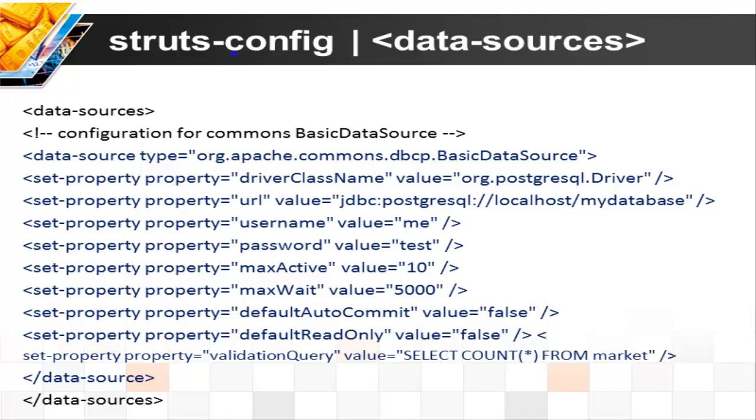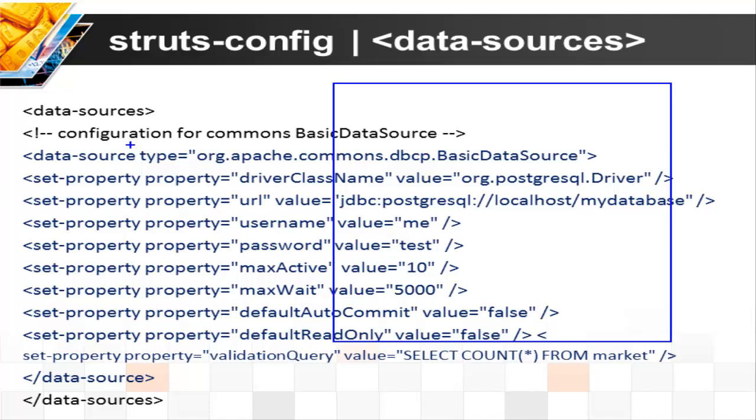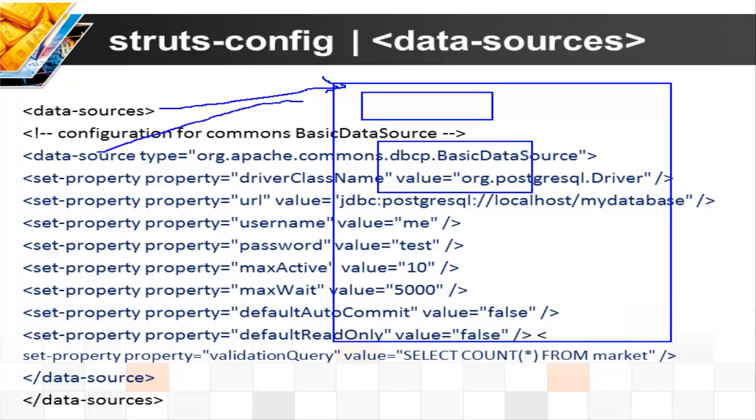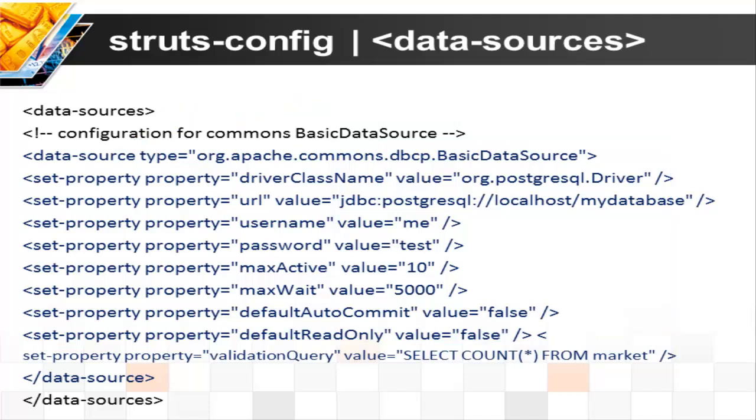So you can imagine the entire thing is data sources, full-fledged. Inside this, you have many data sources. You can have any number of them. One of them is typically shown here. If you want to place one more data source, you have to create a data source tag and close it with the data source end tag. So everything is under one. Here we have the data source type apache.commons.dbcp